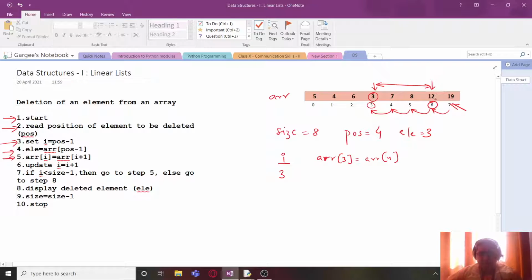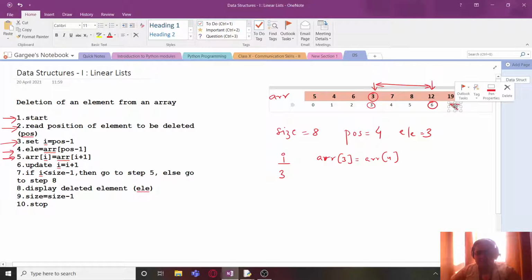That means over here, just a second, the very first thing is I'm going to first remove these arrows. Okay.